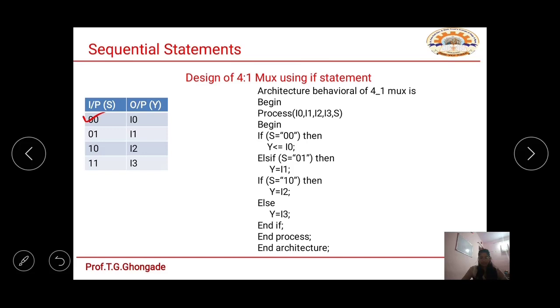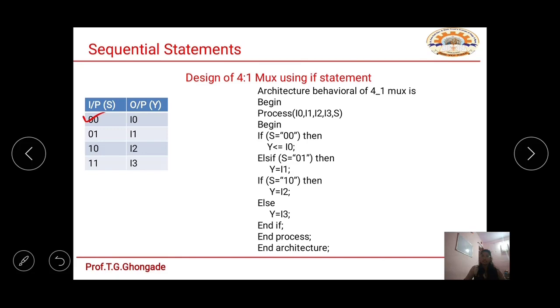If, okay, now the first condition is what? If the select line is equal to 0 0, then output Y will be connected to the I0 line. If this condition is satisfied, our output will be connected to the I0 line. But if this condition is not satisfied, then we will go for the next condition, and then the next, until the last condition is satisfied.